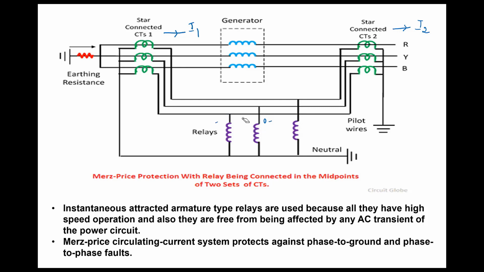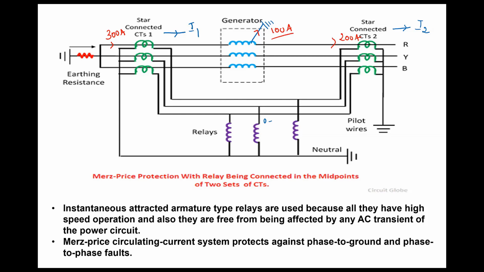If there is any fault, suppose one of the phases gets connected to ground, some leakage current will flow through the ground. Suppose here 300 ampere is flowing, and here the current is say 200 ampere. 100 ampere is flowing in the short circuit. Then in this case, the relay will carry some non-zero current and the circuit breaker will trip the fault. Okay, so this is the current differential scheme that we use for the protection of generator stator winding.